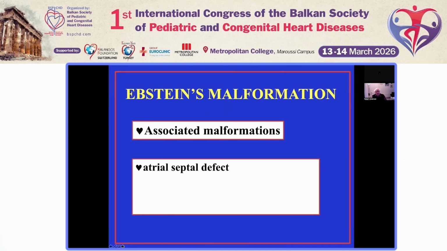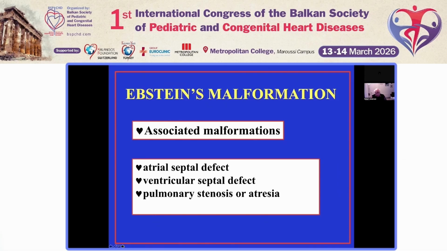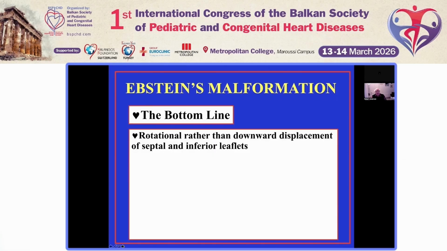Don't forget the associated malformations. Almost always, patients with Ebstein's malformation have a coexisting atrial septal defect. On occasion, they can have a ventricular septal defect. And it can be a particular problem when the malformation is associated with pulmonary stenosis or atresia, made worse by Wolff-Parkinson-White syndrome. But the bottom line, the junction itself is rotationally displaced rather than downwardly displaced,